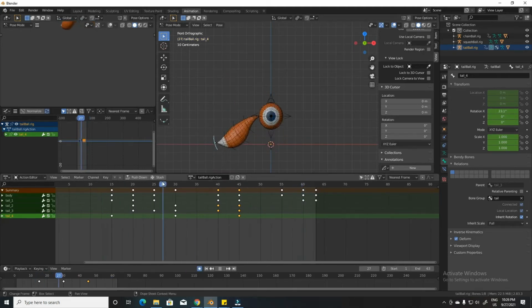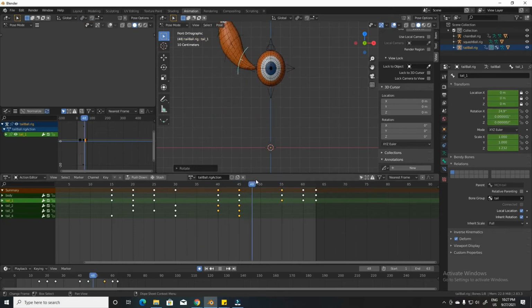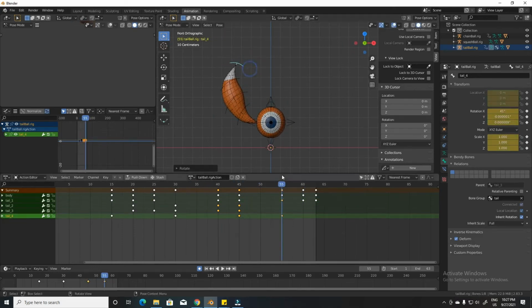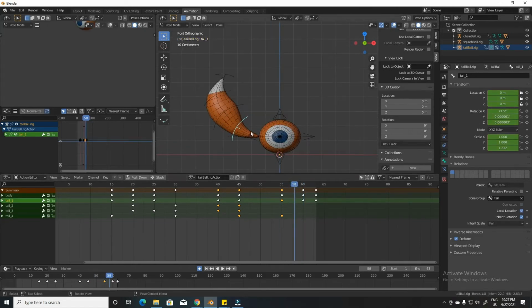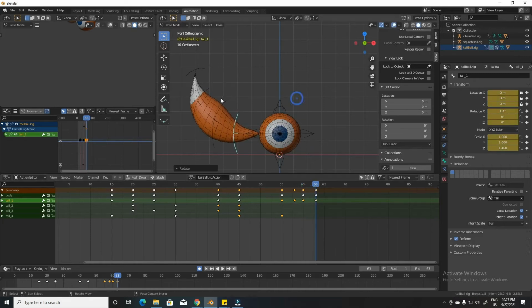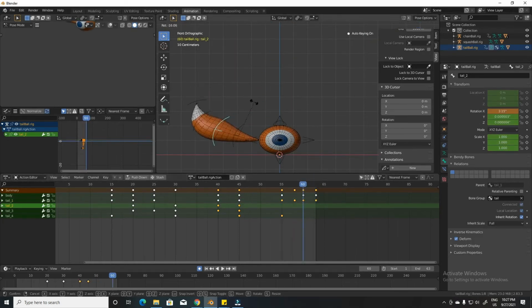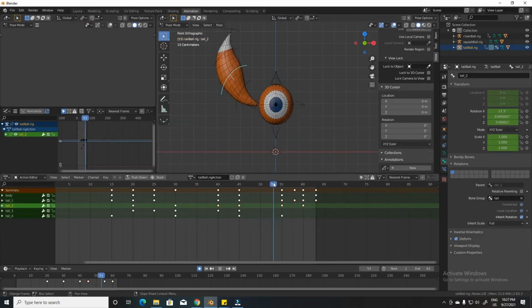You know it, right? So here we can see that we have already blocked the animations for the tail till it's hitting the ground. When it's hitting the ground, the tail will still be pointing upward, and when the ball has already hit the ground, then the tail will come down. So we can see the ball is hitting, now coming down, your job is done.